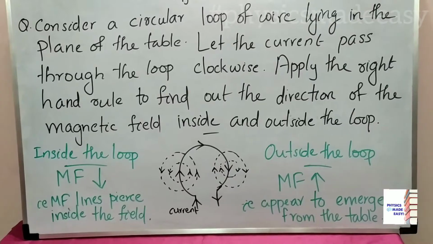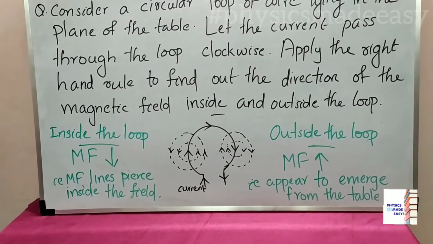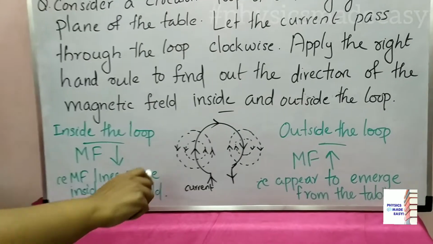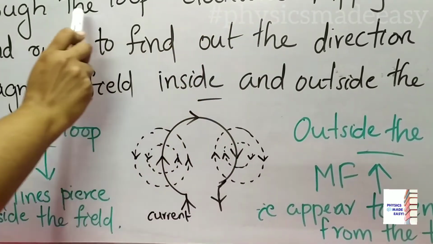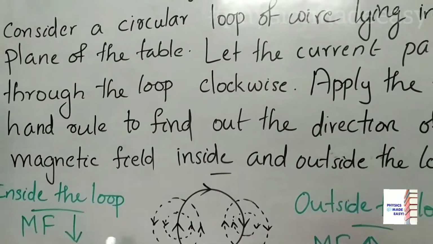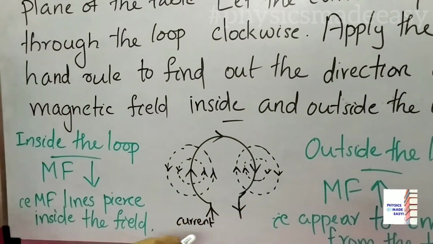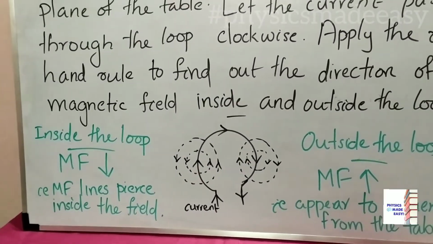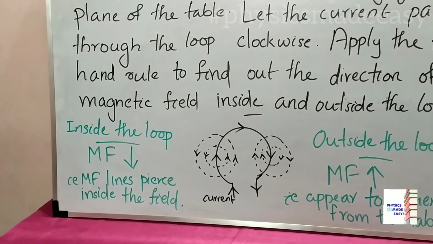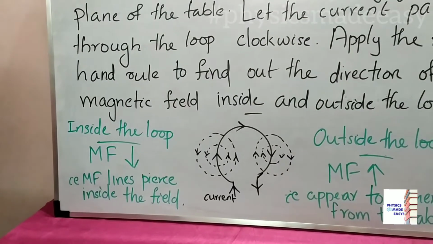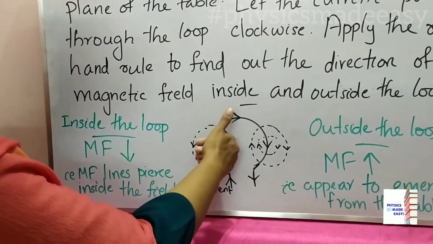Children, here the circular loop is kept on the table, that is, lying on the table. Here you can see that circular loop. It is given that the direction of current is clockwise. So you can see the direction of current is in clockwise direction. Here we have to apply the right hand thumb rule to find out the direction of the magnetic field inside and outside the loop. Children, what you have to do is imagine you are holding this circular loop